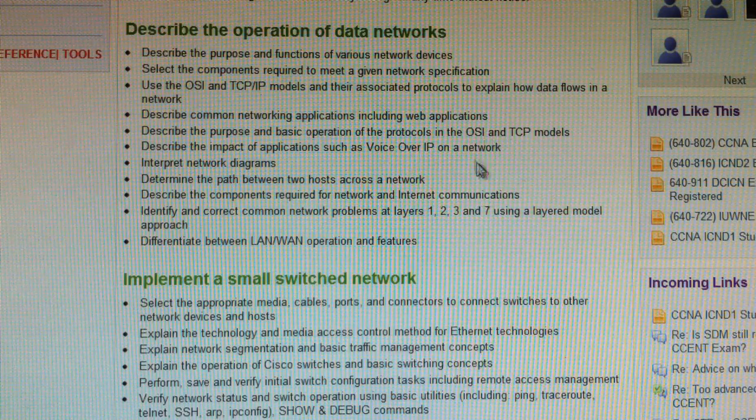And you go through, and it explains how, or I will explain how, the different layers work. Then it says the impacts of applications such as voice over IP on a network, what you need to have on that, how quality of service works, class of service, type of service, network diagrams. I will show you a network diagram, and then I will make it. I'll show you like a Visio document almost,